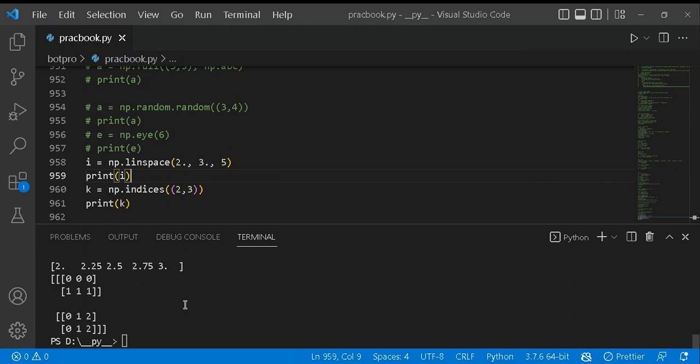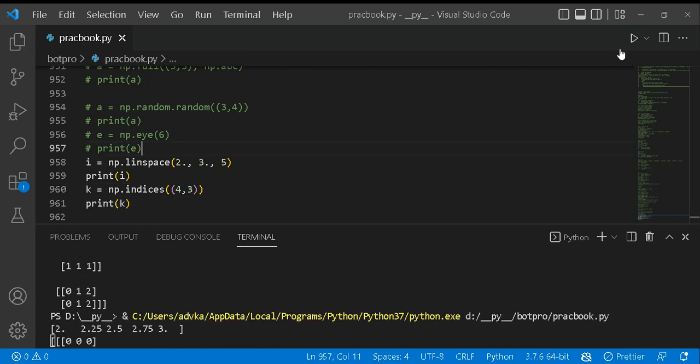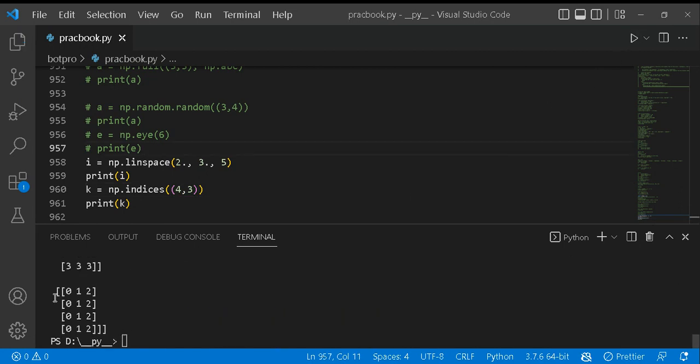So you can see that basically there are three columns and two rows. So this is three columns. You can see 0 0 0 then 0 1 2 and 0 1 2. So if we increase the number of, suppose, columns here, let's see what will happen. So you can see that 0 1 2. Okay, so that's it for